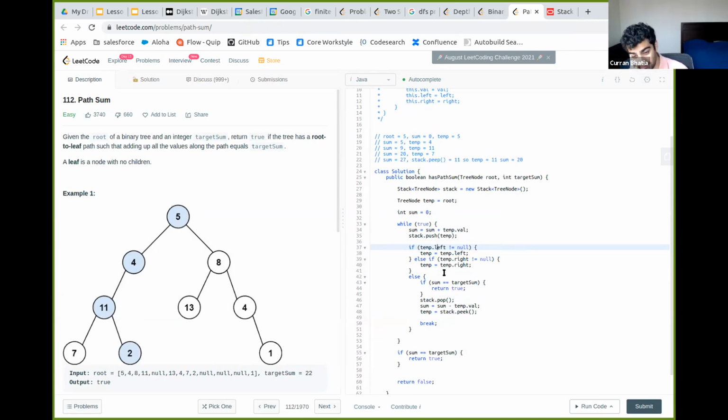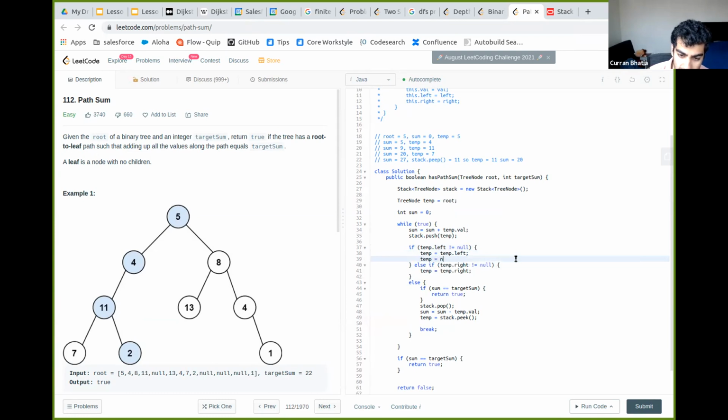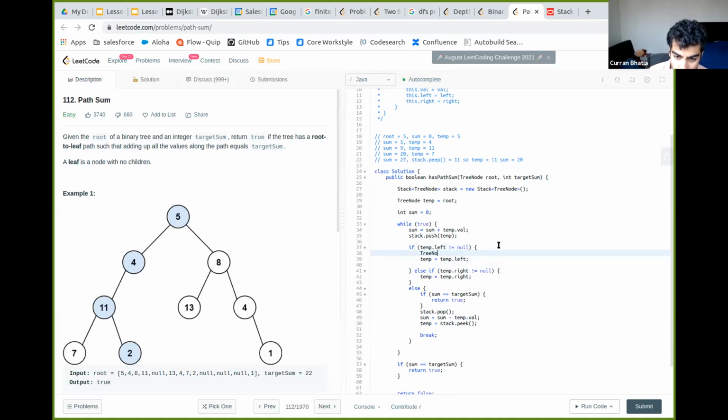Oh yeah, you're totally right about the visited part. It should just have a visited. You know what? Here's something we can do. Equals temp dot left. All right, so then, I'm not sure where this would fit into the code, but one thing we could do is, at each node, put both left and right, if they're there, into the stack.